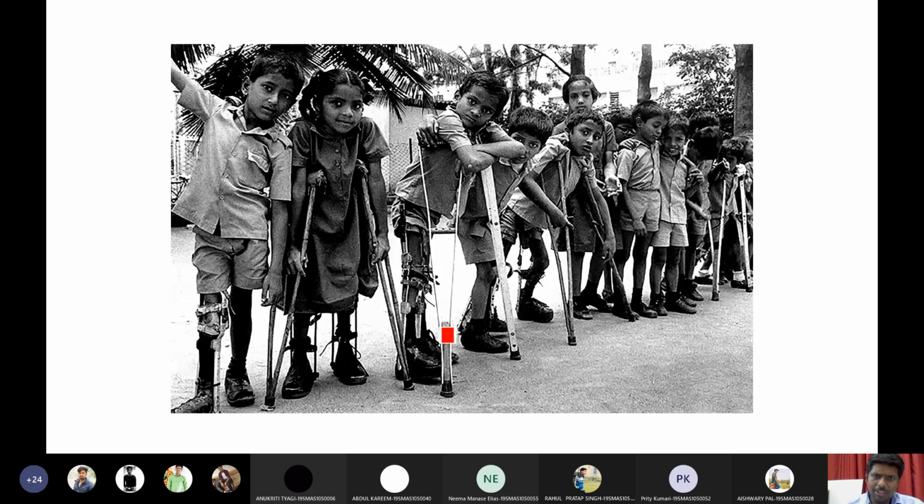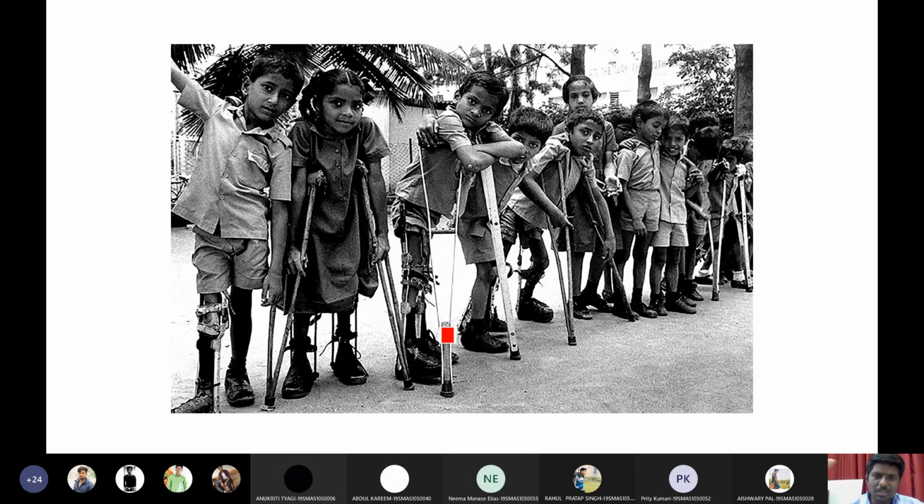They haven't done anything wrong. They just acquired the infection when they were small babies, and their lower limbs have been permanently paralyzed until their death. Maybe they can live up to 70 to 80, even 100 years. So for the rest of their life, they need to survive with this condition. There is no other option for these people, these children. Their beautiful future has been half destroyed by the virus.